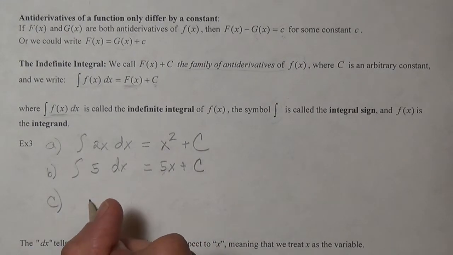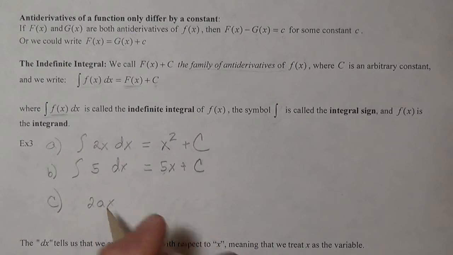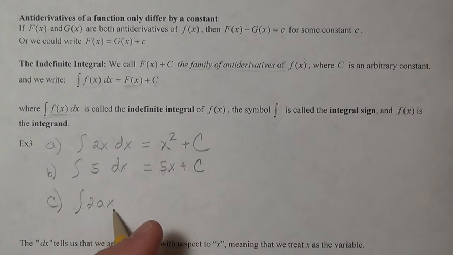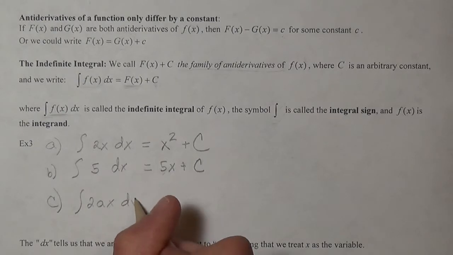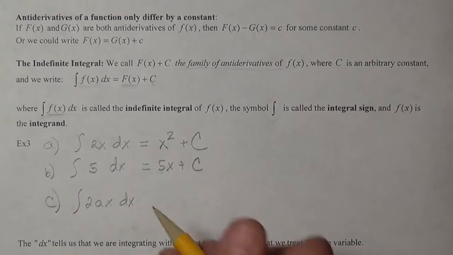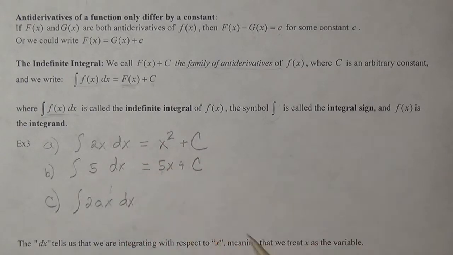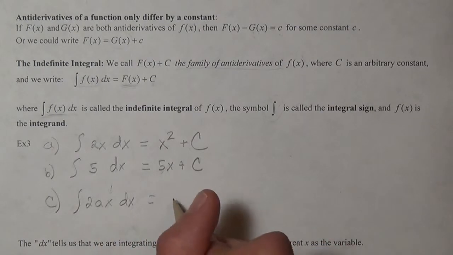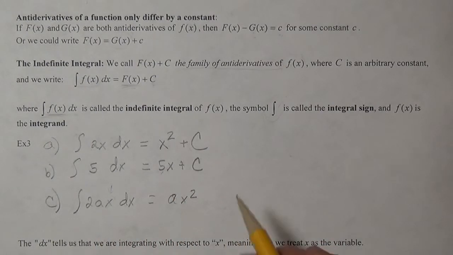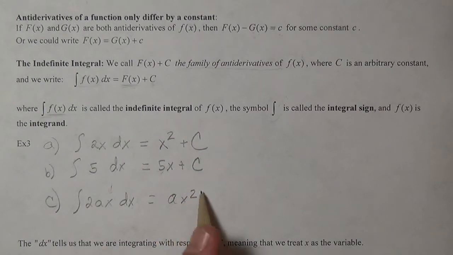Let's say I have the function 2ax, and I want the indefinite integral of this with respect to x. That's telling me that x is the variable, and so an antiderivative of this would be ax squared. If I take the derivative of this function, I know this is an antiderivative of that, because